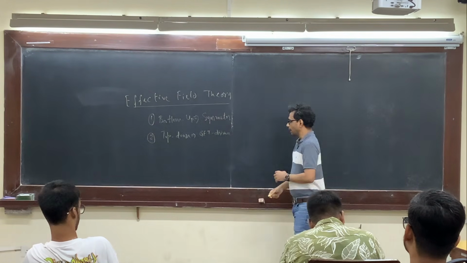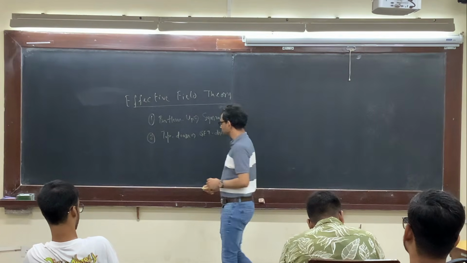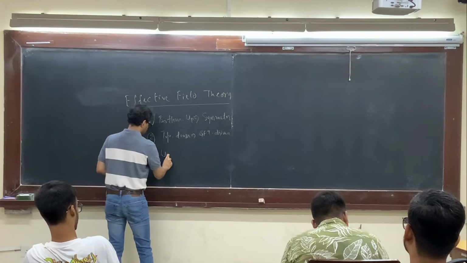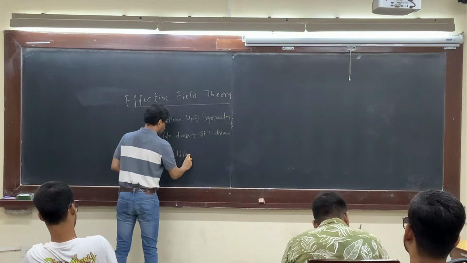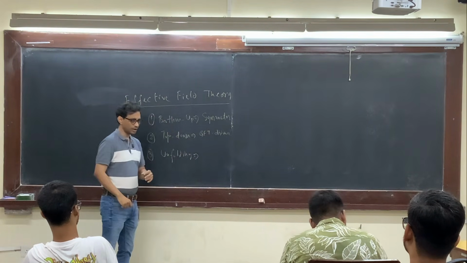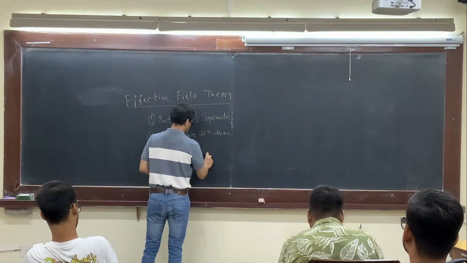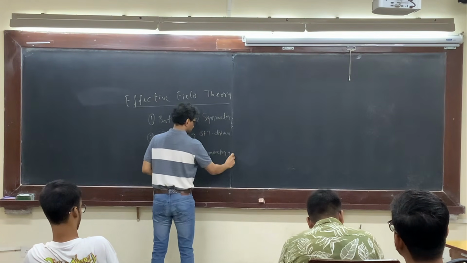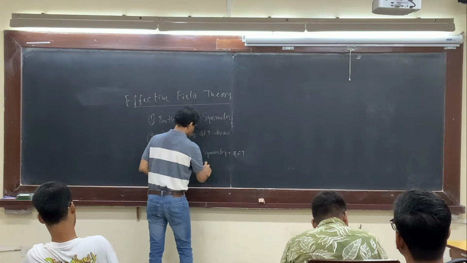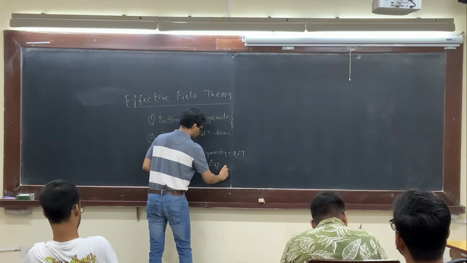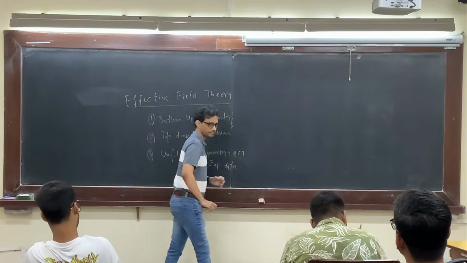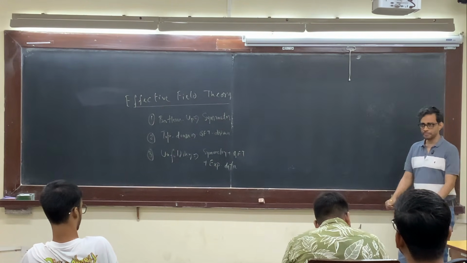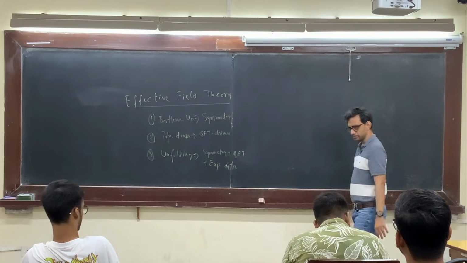Okay. And then there's another approach for understanding the effective field theory, which is called the unfolding. Okay. This is an application of symmetry plus EFT plus experimental data. So these are 3 pillars of the effective field theory, and if you know only one of them, that gives you